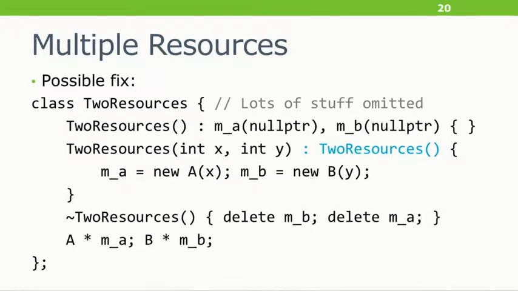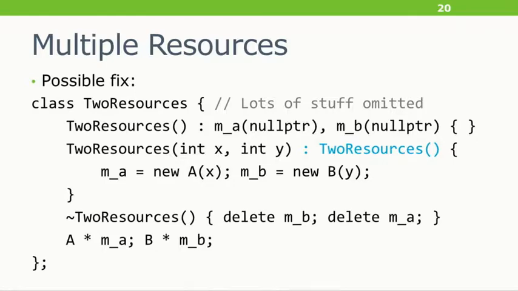Now, I want to introduce something, but I don't want to say that it's good. In this case, there is another way. If you really, really want your new and delete, using C++14, you can get it with just a little tweak. So here I'm demonstrating a new feature. I've still got my A star and B star. The destructor still deletes in reverse order. But instead, I have a default constructor. And you can make it private. You could make a tag type so that nobody else can invoke it. In this case, it's just the default constructor that nulls out the pointers. Then you have your real public constructor that takes the ints or whatever. And then it says colon TwoResources, and then it says what it said before.